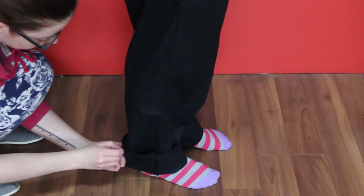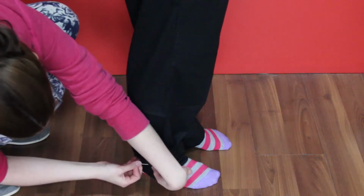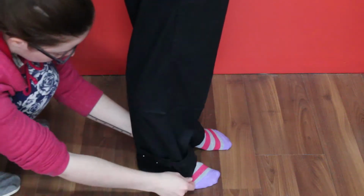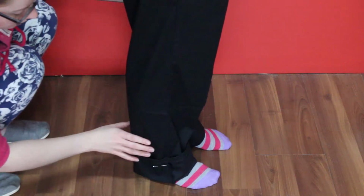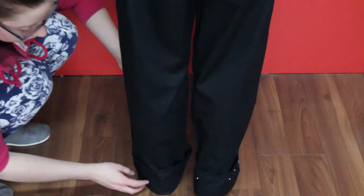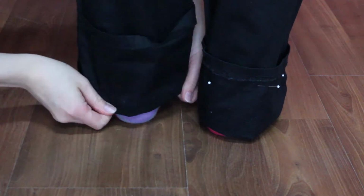So as you can see here, I am folding up her pants so that I can see that they are just touching the floor at the back or a hair off the floor. We don't want them too long so that she's tripping over them or anything like that. So I'm just folding them up in place, making sure that she's standing up straight, nice and tall, and pinning